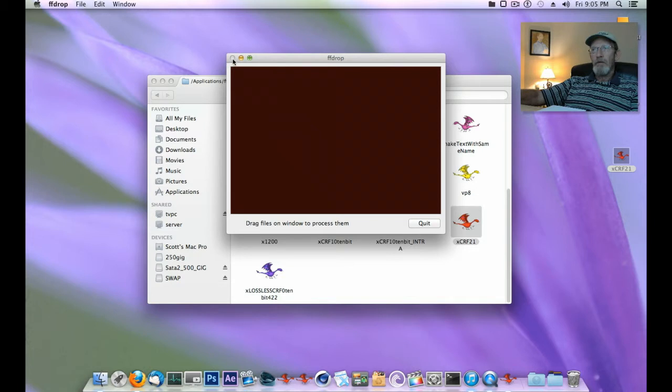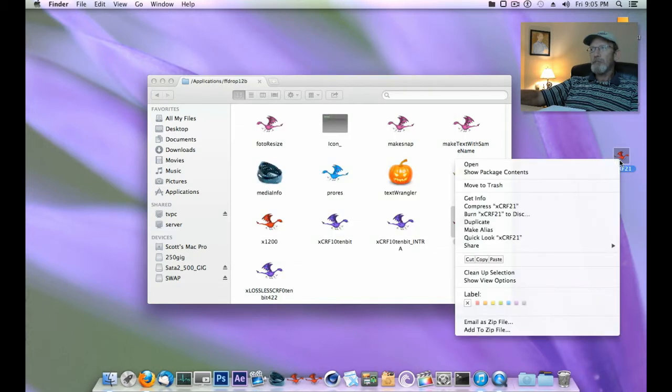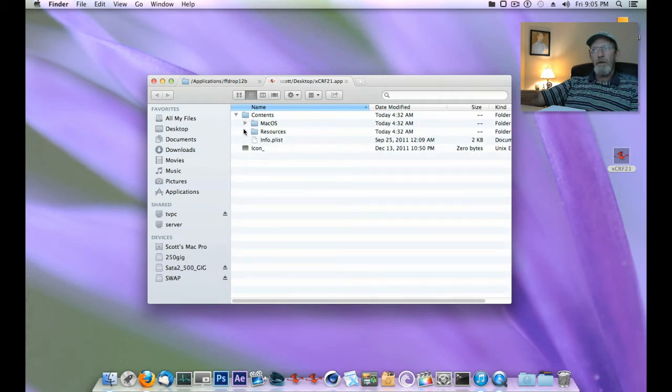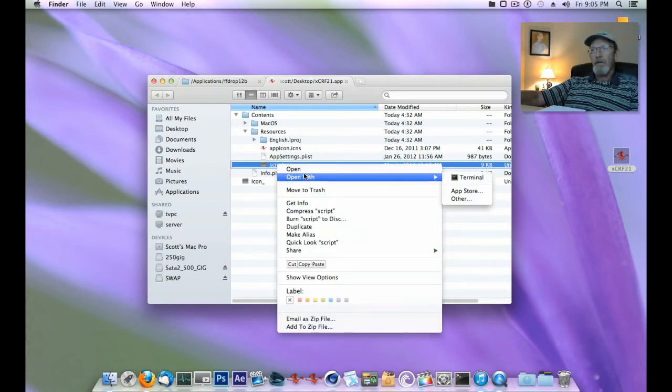But what we'd like to do is see what it says inside by showing the package contents. Once we're in there, we can expand out contents, and then we can expand out resources. There's a file in here titled script. We need to open that with a text editor. So if you right click that and tell it to open with,